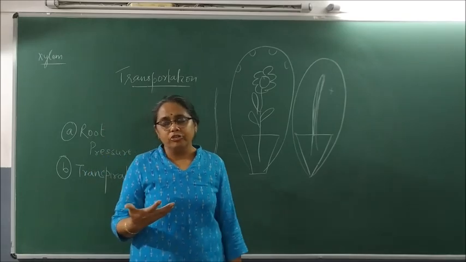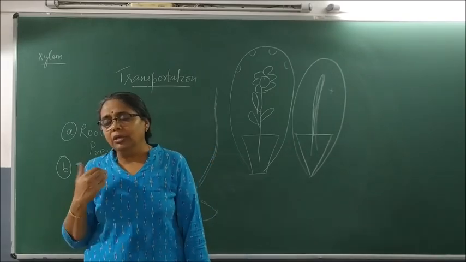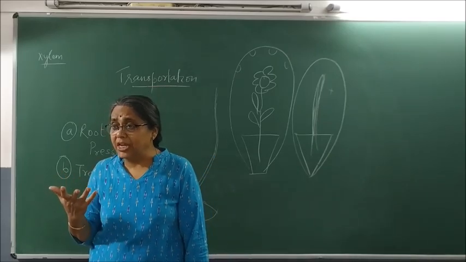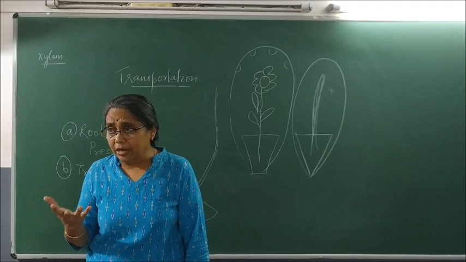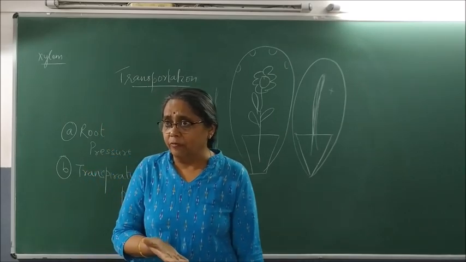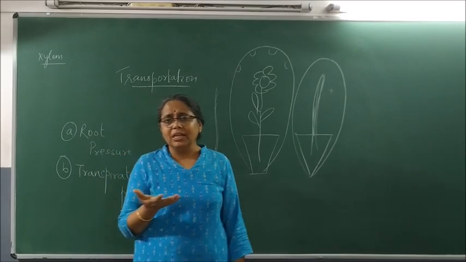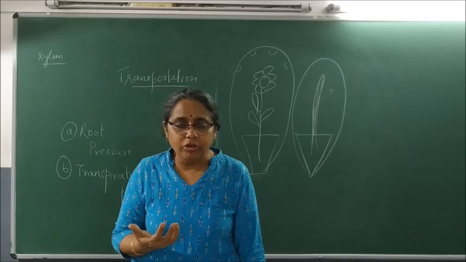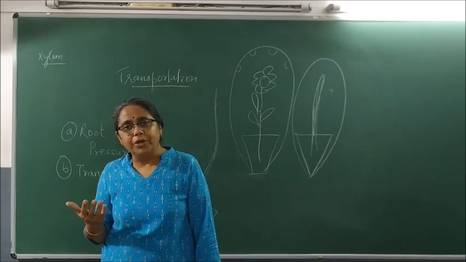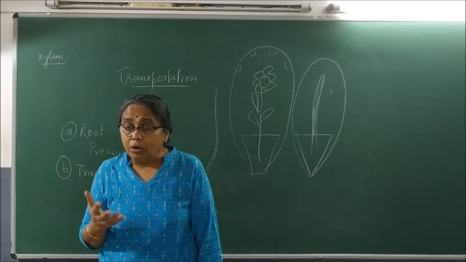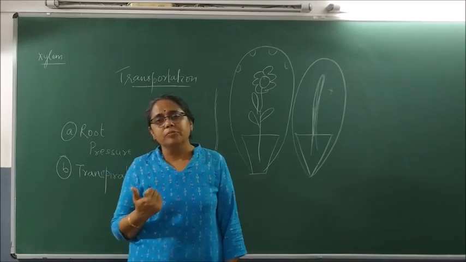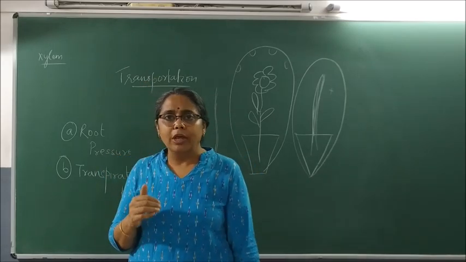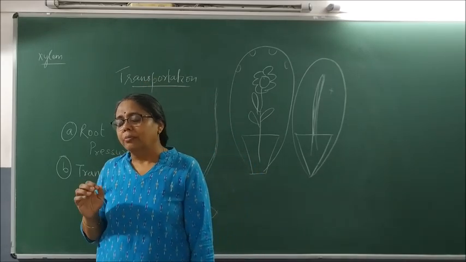So what is transpiration? It is the loss of water in the form of water vapor from the aerial parts of the plant, which happens mainly through stomata. Stomata present in the leaves basically help in exchange of gases and in transpiration. What is transpiration? The loss of water in the form of vapors from the aerial part of the plant. How does it help a plant? It helps in transporting of water and dissolved minerals from root to different parts of the plant, and it also helps in temperature regulation. Please write.